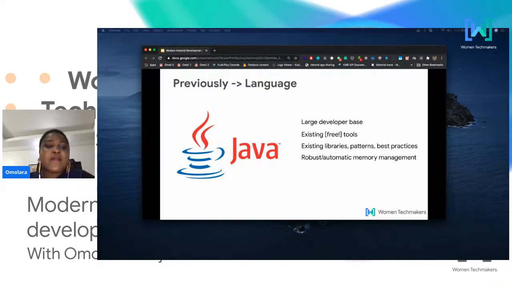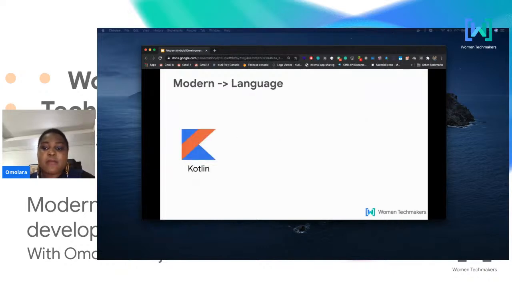And also, Java is very robust. It still is, and it's still very much relevant. It's very, very robust. But now in 2020, we have Kotlin being the